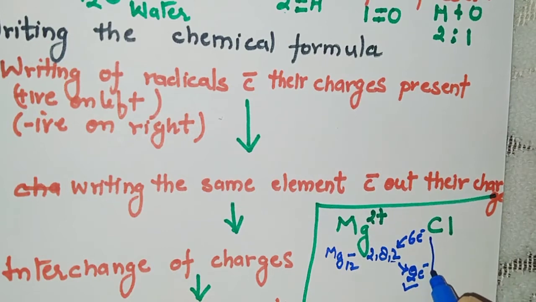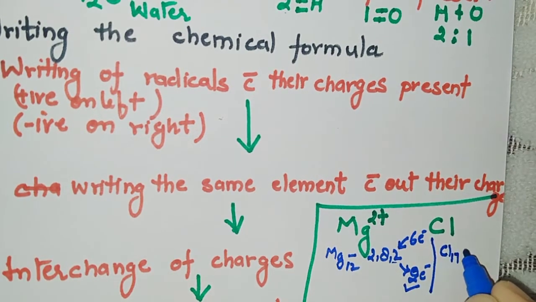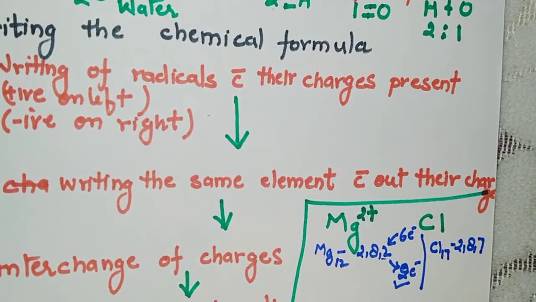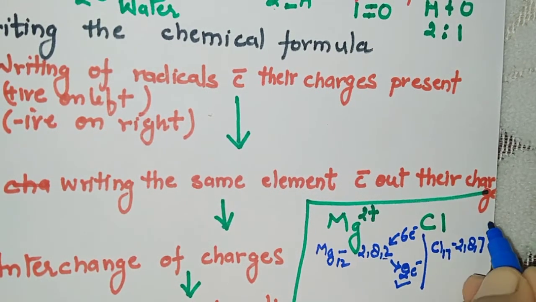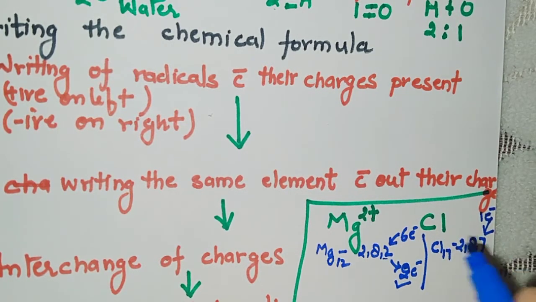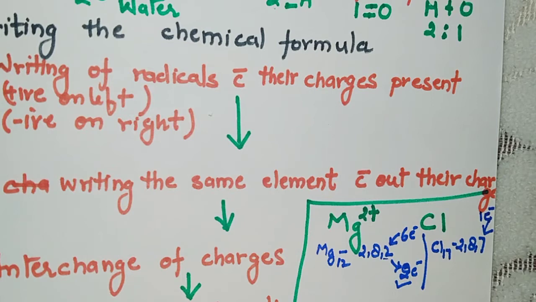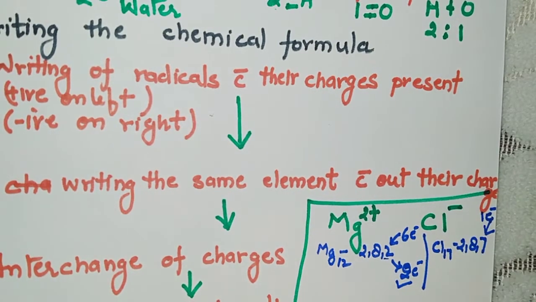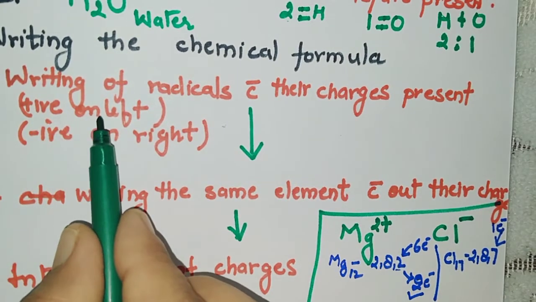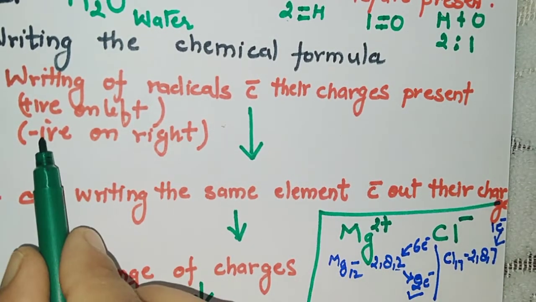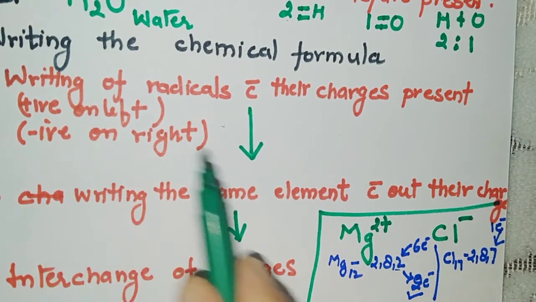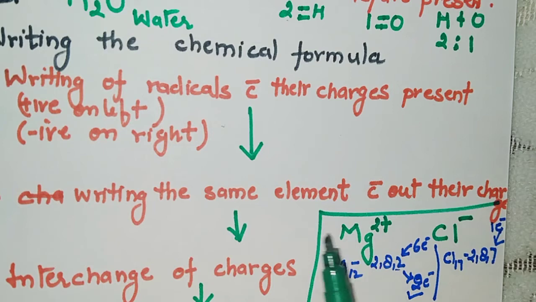क्लोरीन 17, 2, 8 and 7. तो इट विल टेक 1 इलेक्ट्रॉन. तो ये क्या करेगा? एक माइनस चार्ज लेगा. तो व्हाट इट विल बी हैविंग? माइनस चार्ज हियर. नाउ सी, फर्स्ट स्टेप ने क्या कहा था? पॉजिटिव विल बी रिटन ऑन द लेफ्ट साइड एंड नेगेटिव विल बी रिटन ऑन राइट साइड. तो हमने लेफ्ट साइड में प्लस वाला लिखा और माइनस चार्ज का हमने लिखा राइट हैंड साइड.